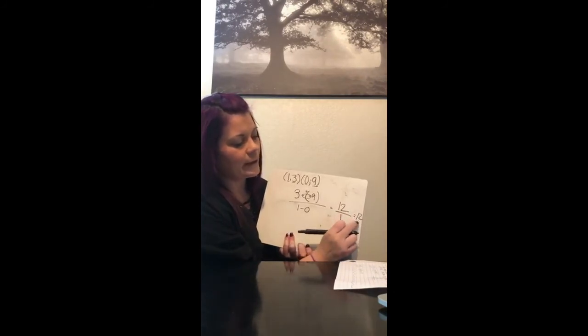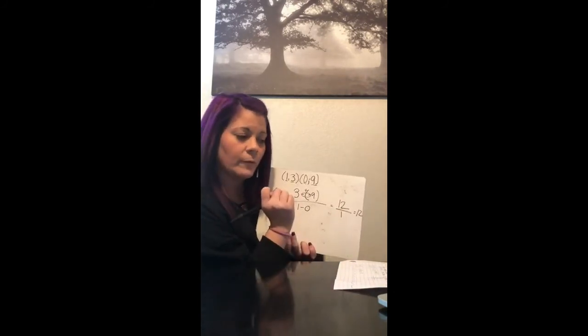So basically what this is saying is we go up 12 and over 1 to the right for slope. So that's how you determine slope. Now we're